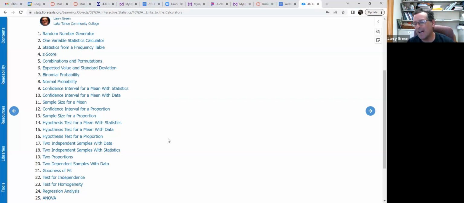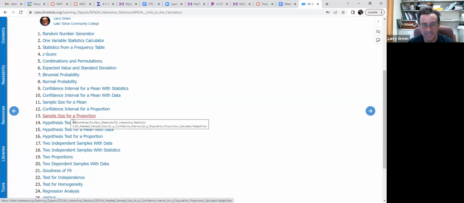And again, I want to find out how many cars you must survey to find a good confidence interval for EV cars. Yeah, this is going to be number 13. It's sample size for a proportion, because it's yes or no. Is that car an electric vehicle? Yes or no. Do you see that? And we want a sample size because it's a how many question.